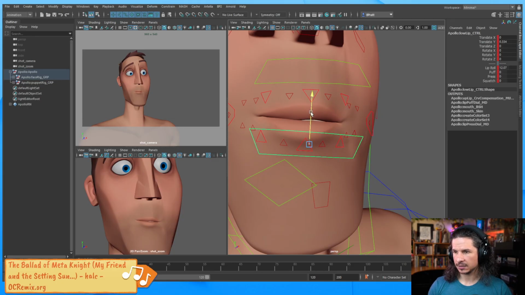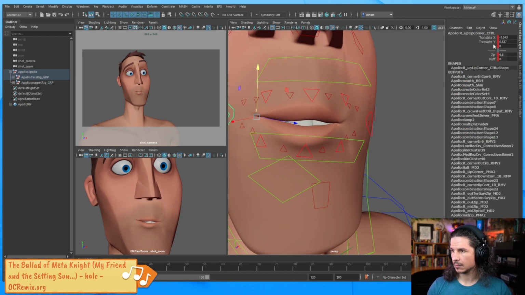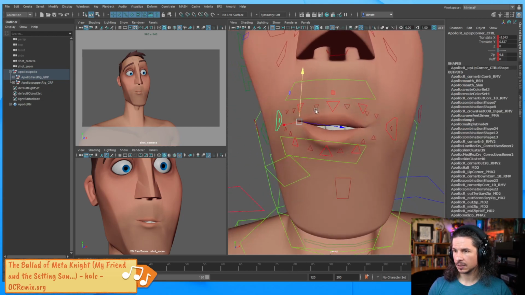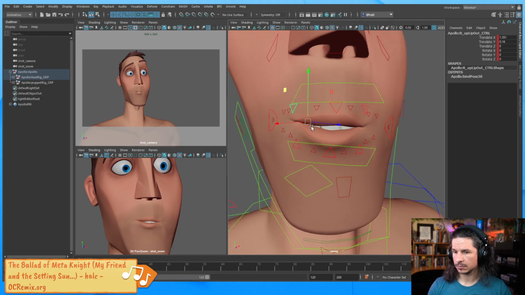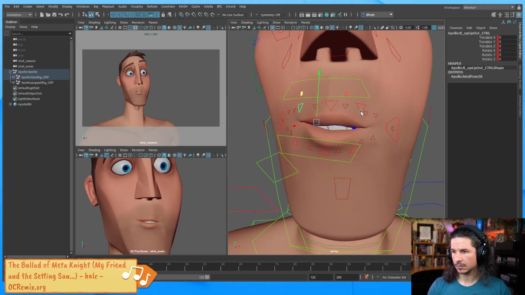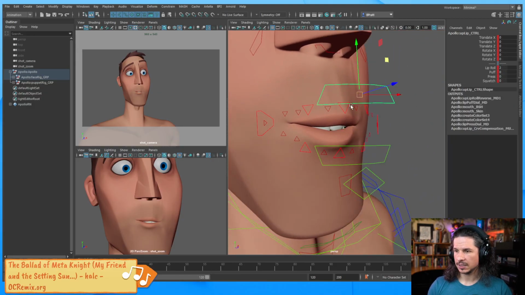And then that way we just simplify it. Okay. This corner I feel like could be zipped a little bit more. So let's kind of leave it at this for now, or else I'm going to spend all day on the